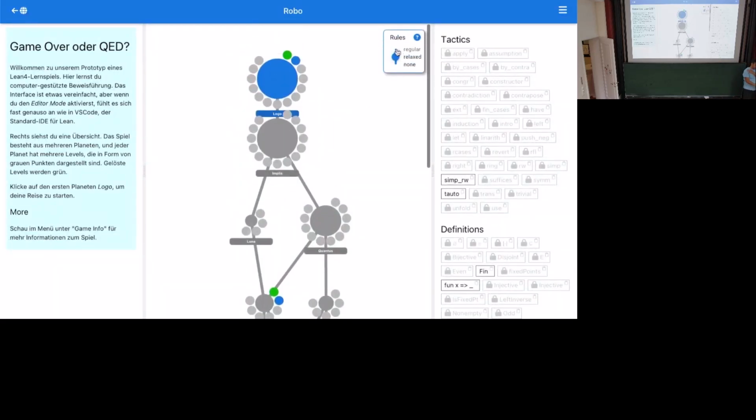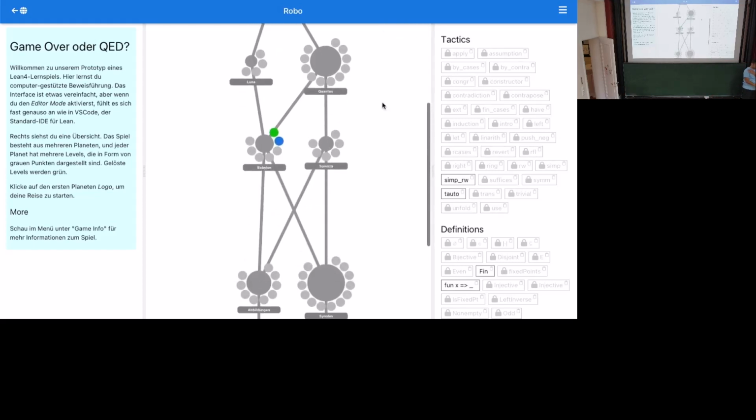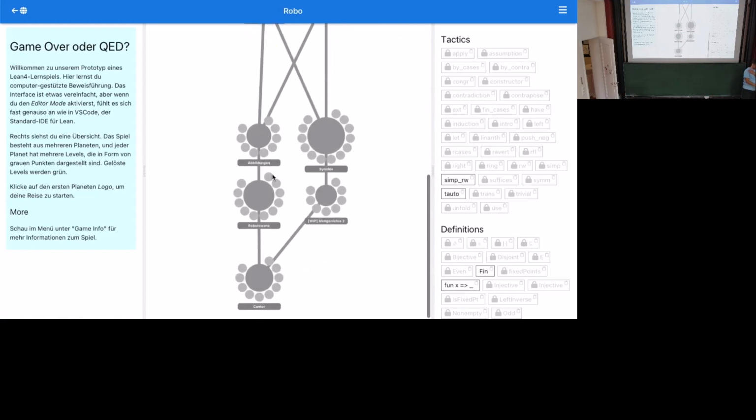Here's how you can set the strictness of playing the game. If you put it at regular, you have to actually go from top to bottom. So you cannot cheat and skip and end up in calculus. But since I'm doing a demo, I'm just doing it for relaxed now. And I want to skip to, let's say,